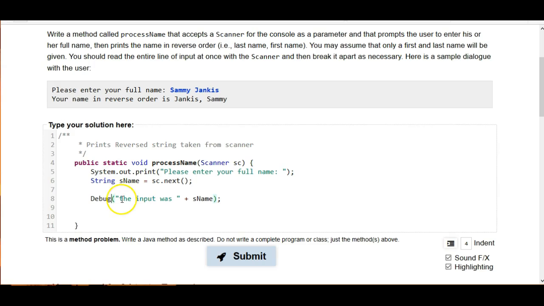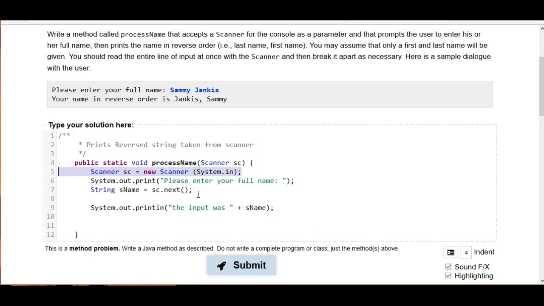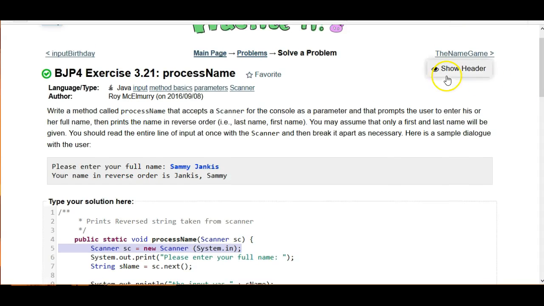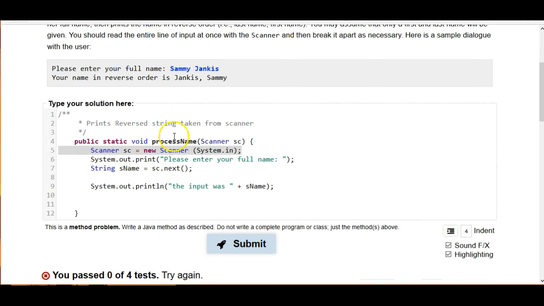And that function can be modified depending on whether you're testing or not. And then this text here can be logged to a file or can be compared automatically, whatever. Okay, so that part isn't necessary, but you do need to know that you don't want to be always declaring your own scanner. You want to, number one, be using the text here to understand what it says. Number two, if that doesn't work, click on Show Header, okay? And then number three, when it does give you a scanner, you need to use it. Don't create your own scanner. All right, so that's one